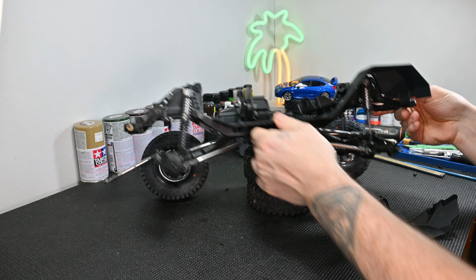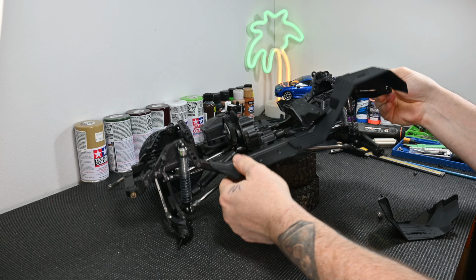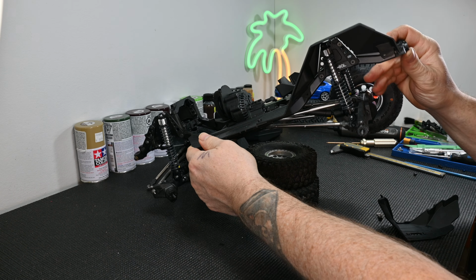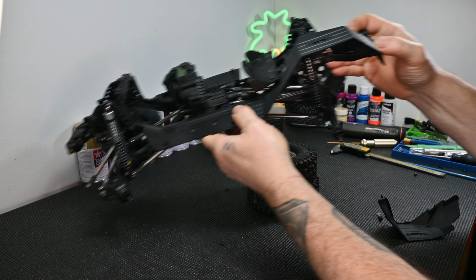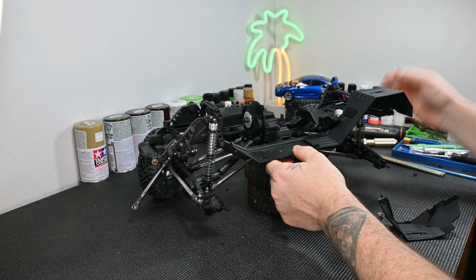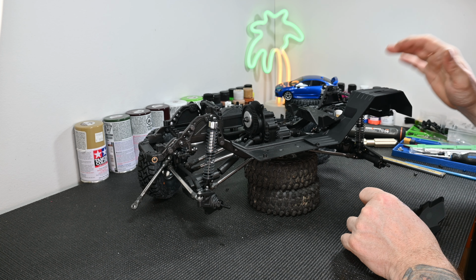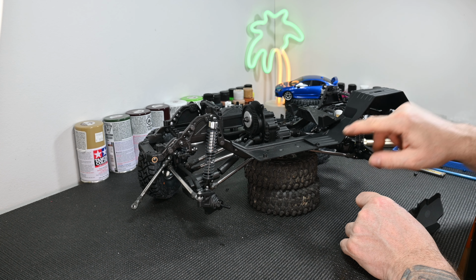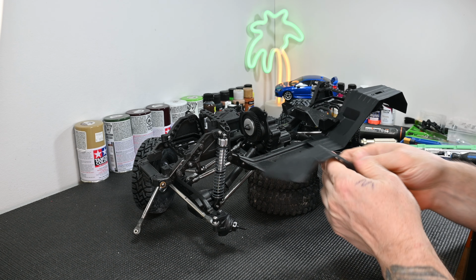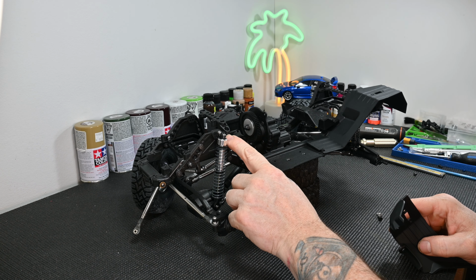They kind of go here, here, room for the shock, goes around this guy here. I think we're gonna have an issue with the Injora rear body mount going in there. And then the width of these inner fenders, definitely not as wide as the body, so that's gonna look a little weird. We'll work out how we're gonna fill that in. Definitely not wide enough. And then the front goes on this post and goes underneath the body mount, which explains